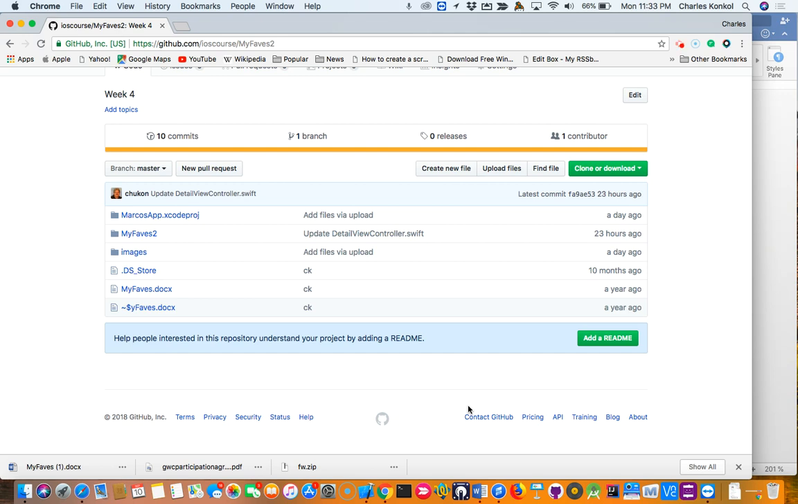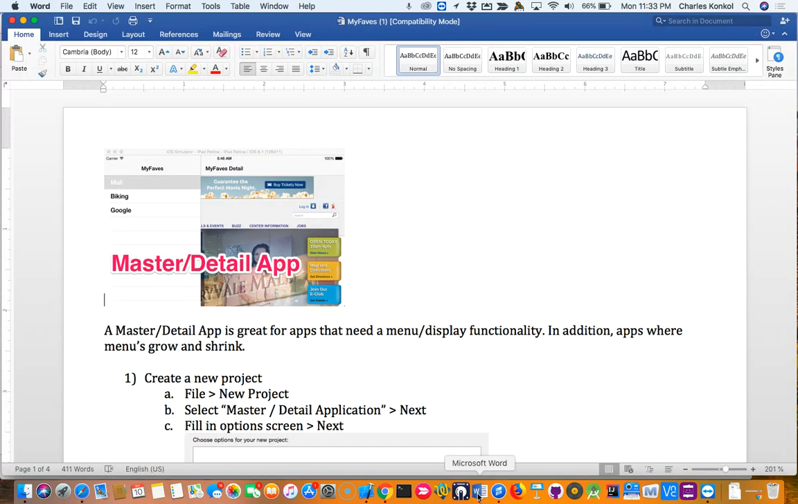Okay, this is going to show how to build the MyFaves app. Here is the GitHub repo for MyFaves 2, the MyFaves document, and the code for MyFaves. So the Master Detail app, and basically Master Detail allows you to select an item from a menu to show up